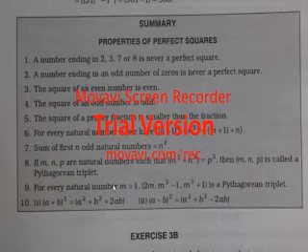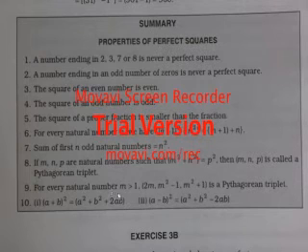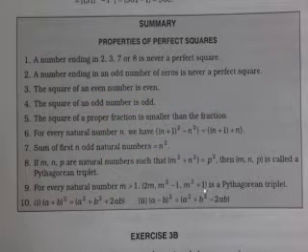If you want to make a Pythagorean triplet from any number greater than 1, you can simply keep it in this format and you will get a Pythagorean triplet. You can select any number greater than 1. Suppose m is 2, then what will happen? 2m is 4, then m² − 1 is 4 − 1, that is 3, and m² + 1 is 5. So 3, 4, 5 will become a Pythagorean triplet. I hope all of you are understanding.